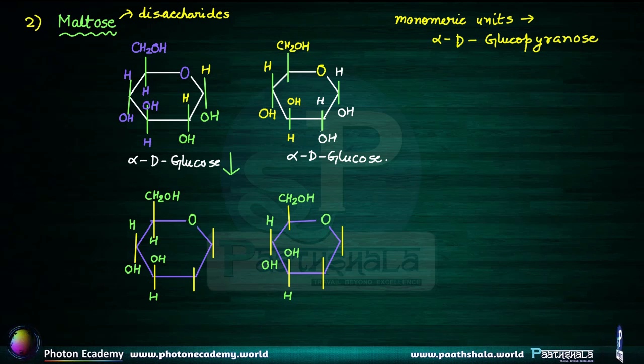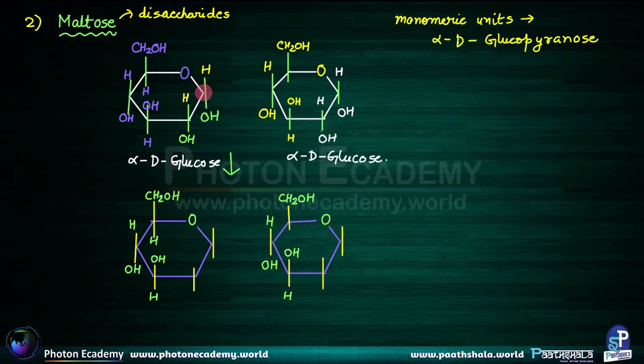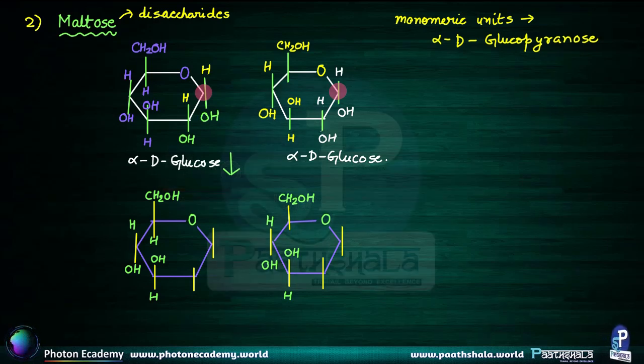So, anomeric carbon is present over here as well as here. At C1, on both of the alpha D glucose, because they are the same, we can see the anomeric carbon. So now if we want to form the maltose unit combining these alpha D glucose, what are we going to get? So the anomeric carbon is over here, and what happens is that